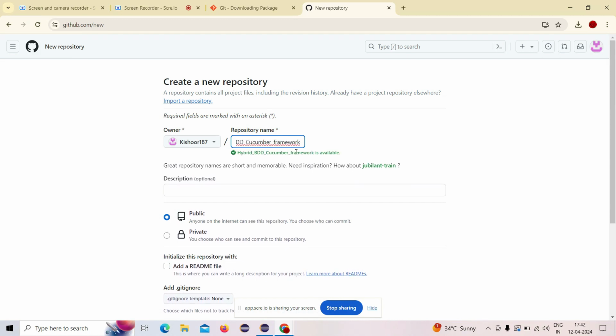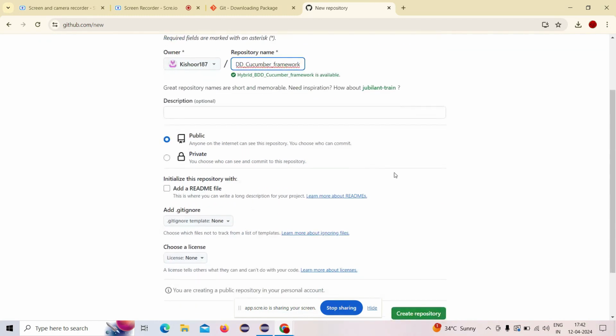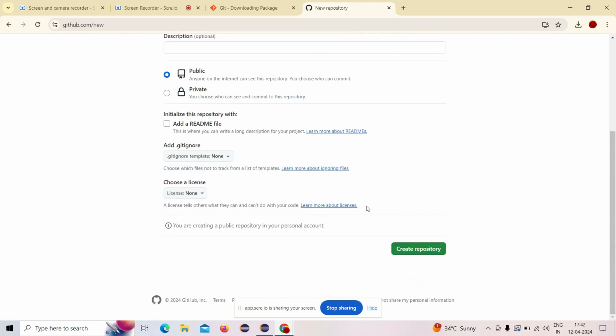Okay, and I'll make sure whether the code is public or private. Public, you all know, right? Public means it can be accessed by anybody. Private is only within the organization. Generally we keep the code as a private one, but as of now, temporarily, I'll give public. Then I'll come down and click